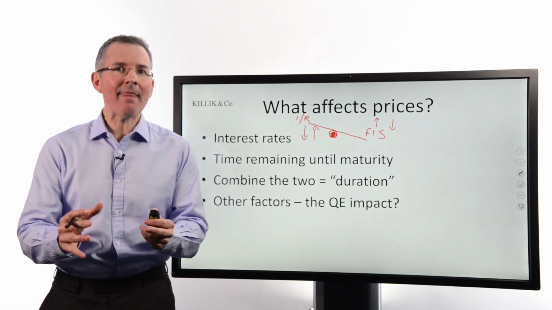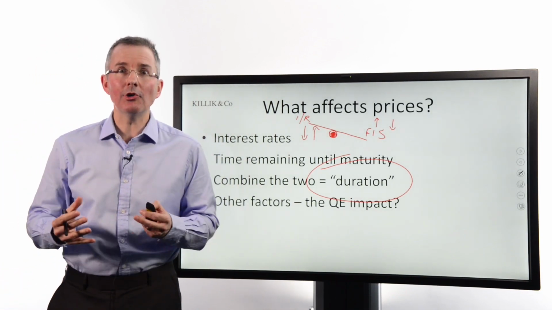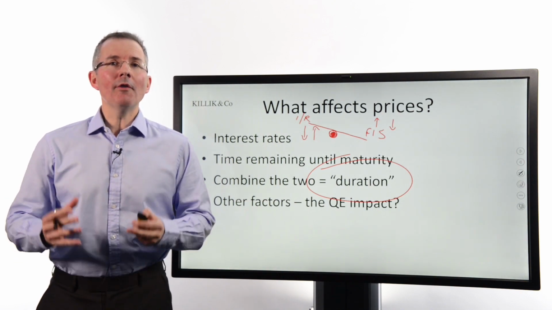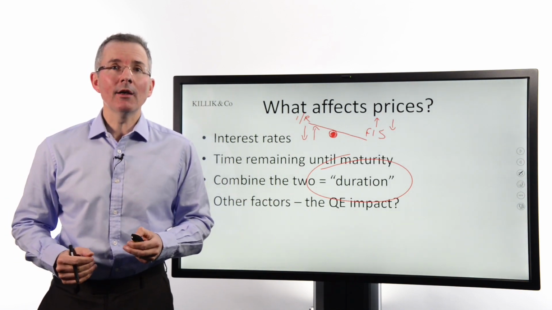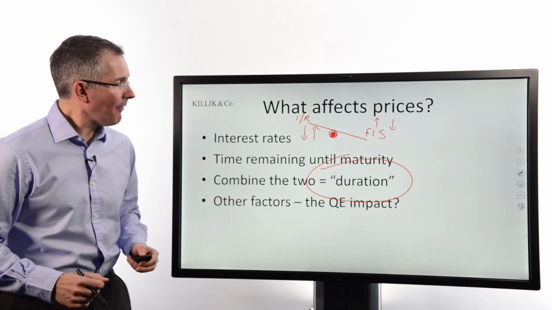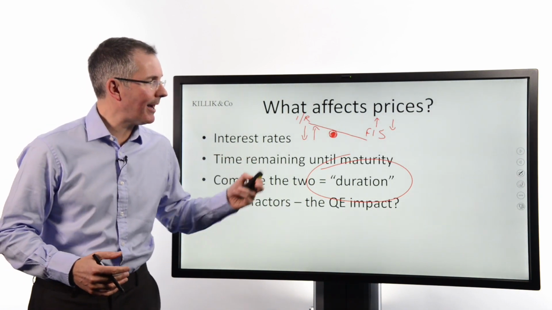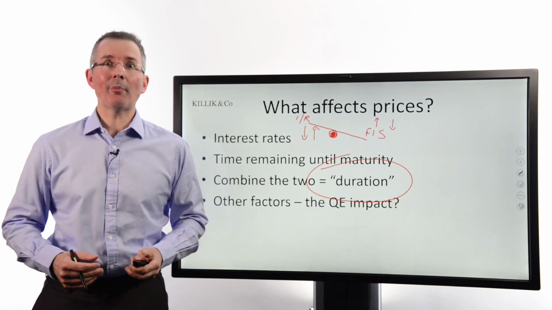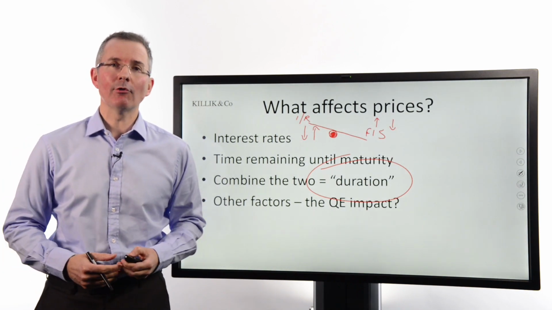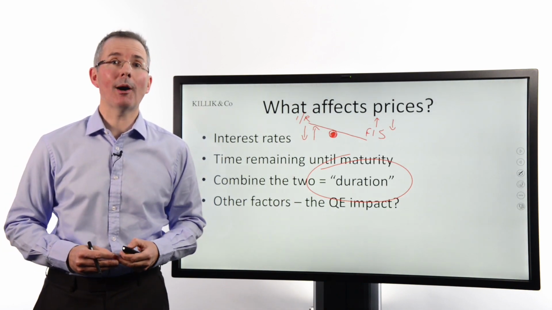Throw those two factors together and you get something you'll see mentioned on reports sometimes, mentioned by brokers: duration. Essentially, the bigger that number, duration is just a number by the way, the greater the interest rate sensitivity, the risk, some people would say, of the particular bond you're looking at. Just to mention, other things do affect fixed income security prices. It's not all about interest rates, it's not all about time to maturity. Recently, for example, central banks have piled into the bond market, bought up bonds, and that has clearly influenced the price, as has the rush into bonds as a kind of safe haven in times of trouble.